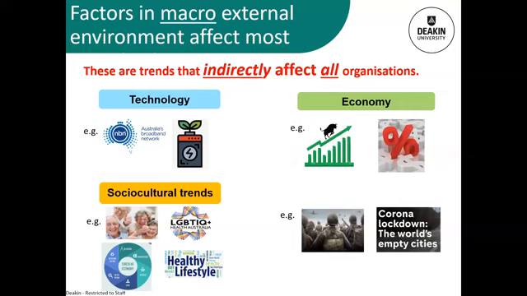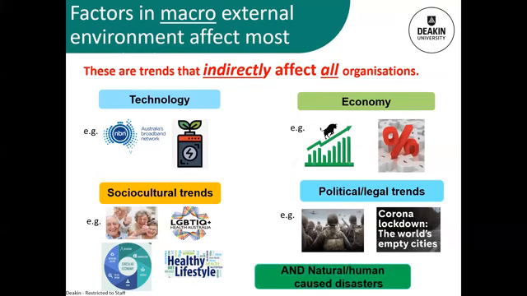The circular economy. Again, it's becoming more important for organisations, and there's a lot more social pressure for companies to go green. In the political and legal area, as we saw, there are examples of wars, and the lockdowns that we all want to forget, but that was also a political and legal aspect, and that affected everybody. And of course, we've got the natural and human-caused disasters, which pretty much seem to be happening way too frequently. Things like rising sea levels, the extreme heat that's happening in Europe at the moment, bushfires, and so on.